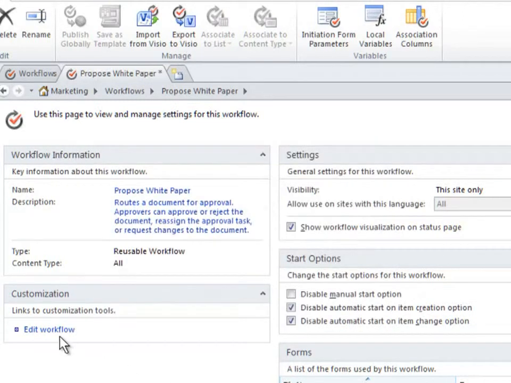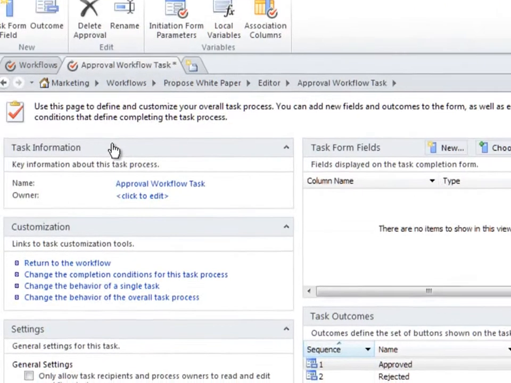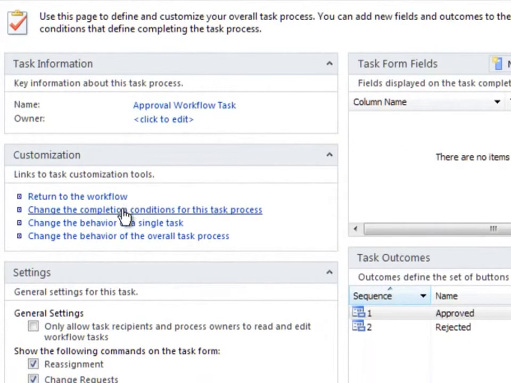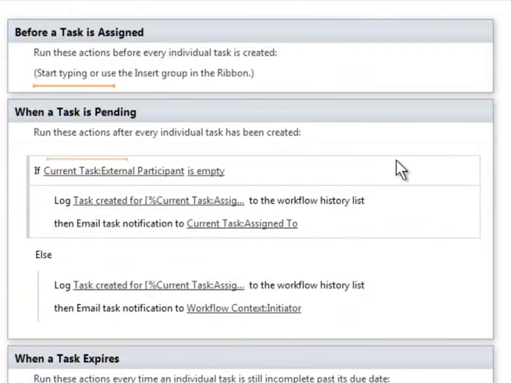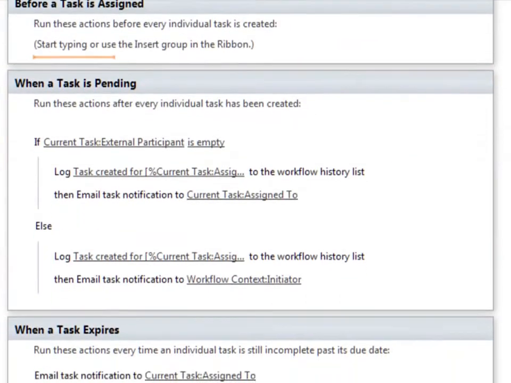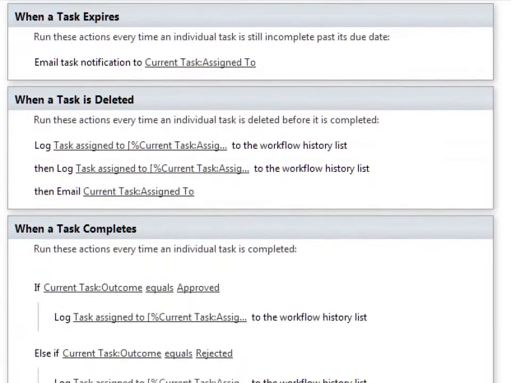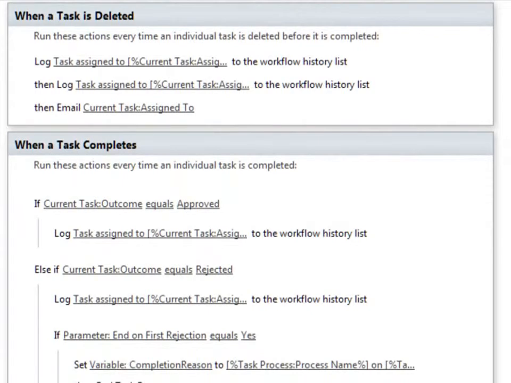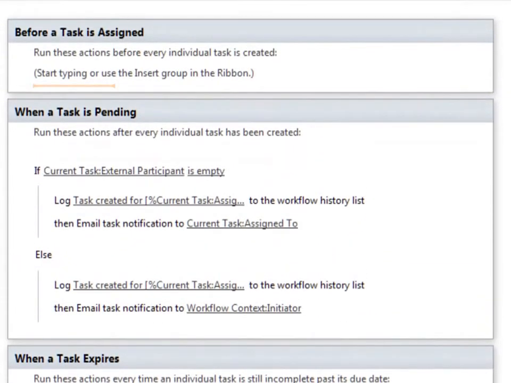Next, I'll edit the contents of the workflow and then the task process in the workflow. The first thing I want to do here is change the behavior during one of the task events. So I click here to change the behavior of a single task. As I scroll down the page, I see each event for the task, when it's assigned, pending, expires, deleted, and completes. And during each event, the behaviors that happen, like sending task notifications, logging status, and setting